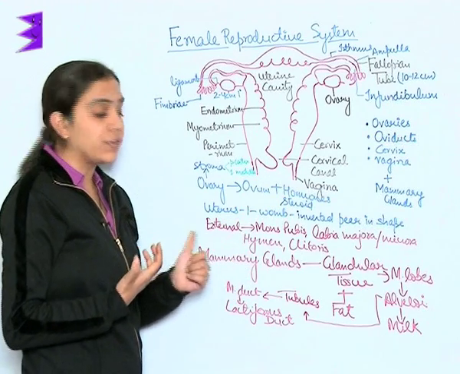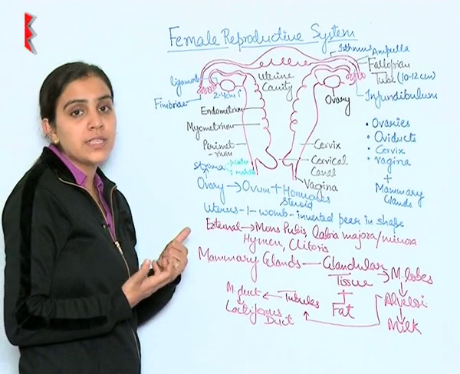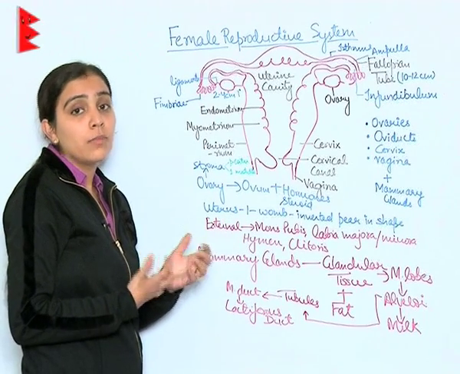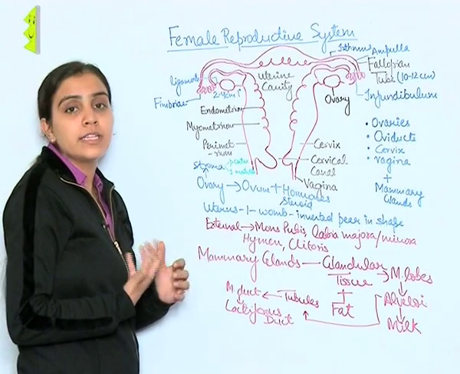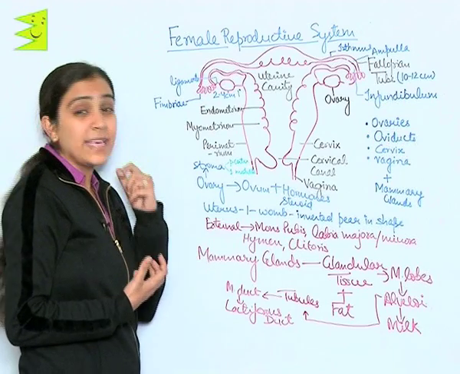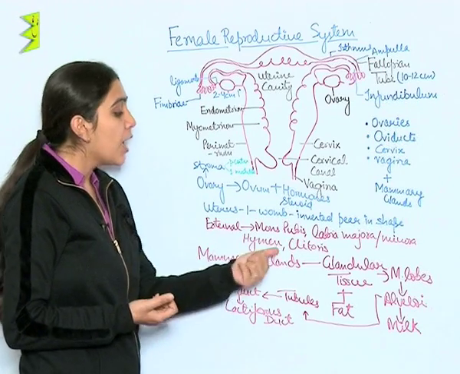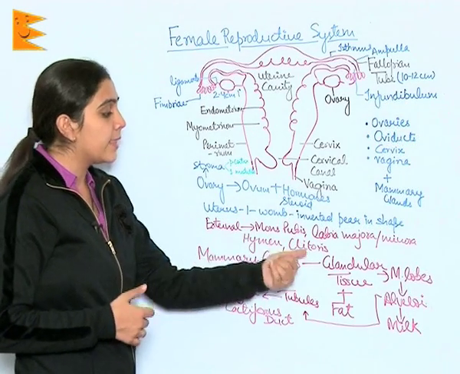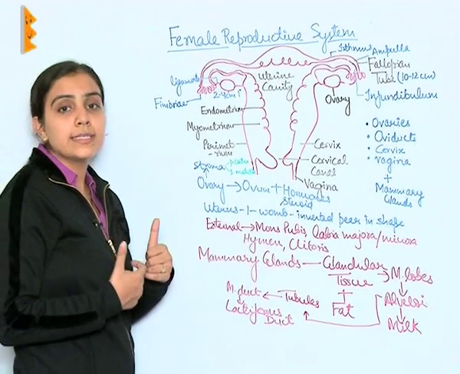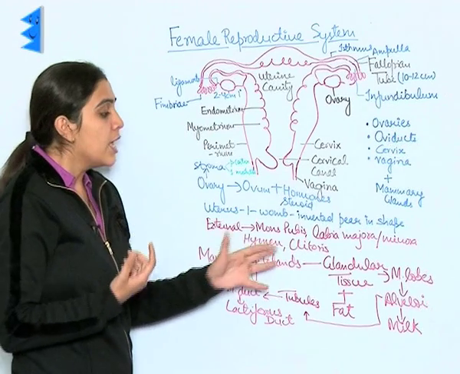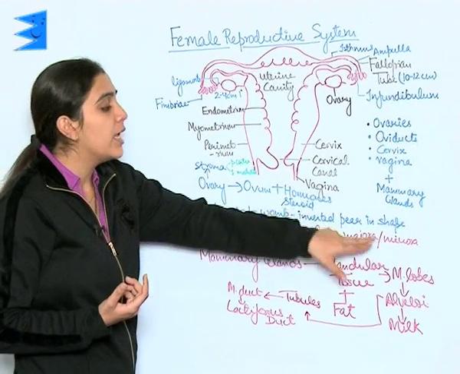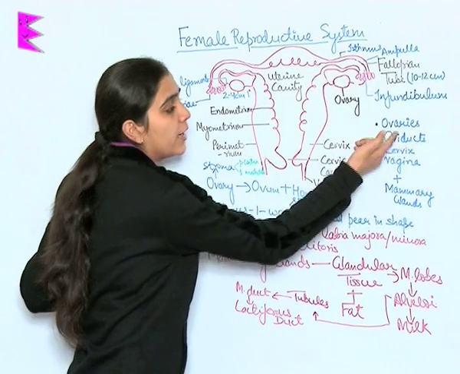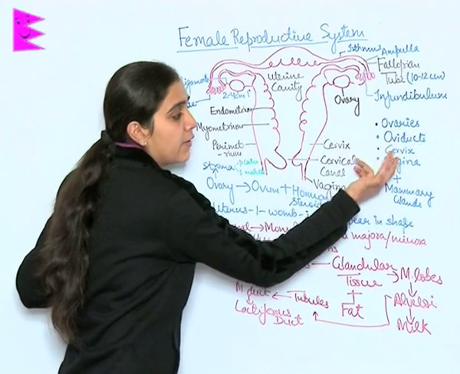It is believed that the hymen is ruptured after the first sexual intercourse, but this is not true. Hymen can also be broken by certain sports or activities like swimming or horse riding, or even the hymen may be present after first sexual intercourse. Then is the clitoris. Clitoris is nothing but a finger-like projection which is formed at the fusion of labia majora. Now, we have studied ovaries, oviduct, cervix and vagina.